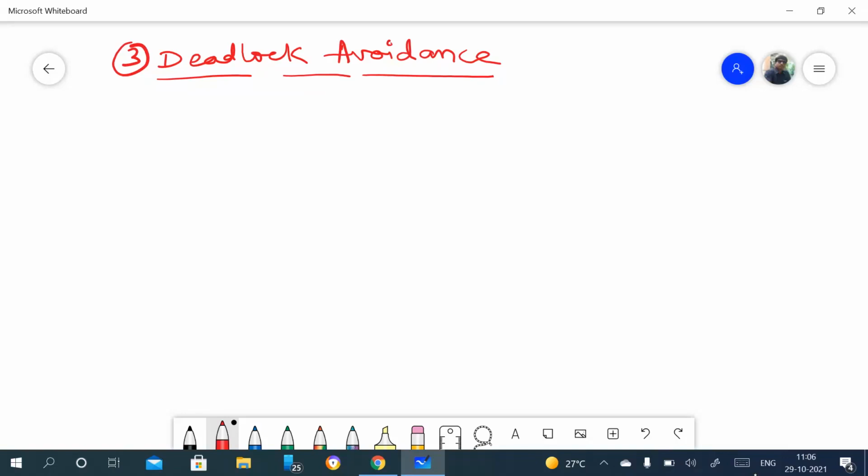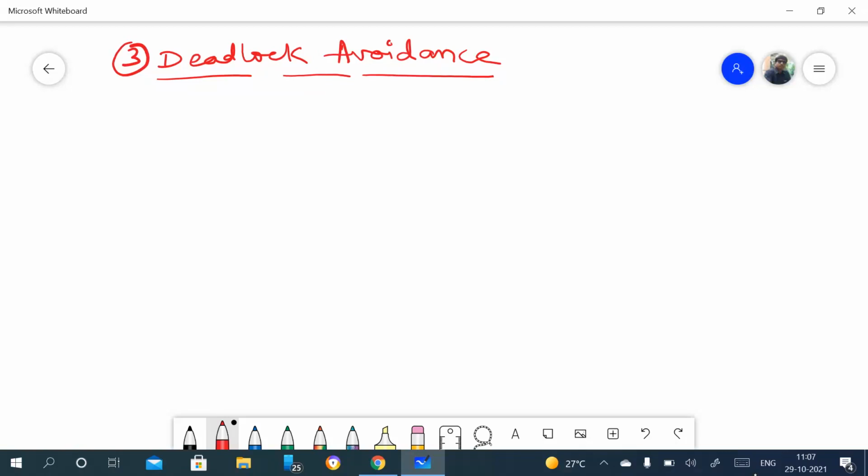So how can we avoid that situation? If we don't have any information about the processes, meaning which resources the process requires and how many resources it requires, then we cannot avoid that situation. But if in advance we have the requirements of the process, how many resources the process holds and how many resources it again wants, then we can do something.